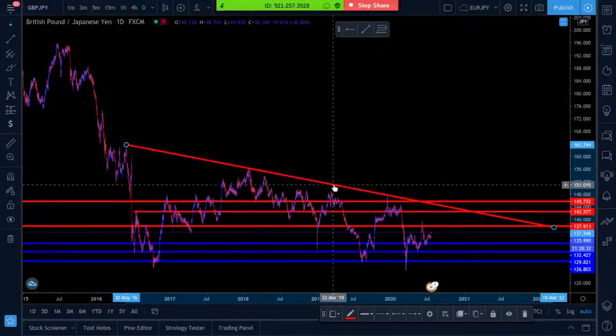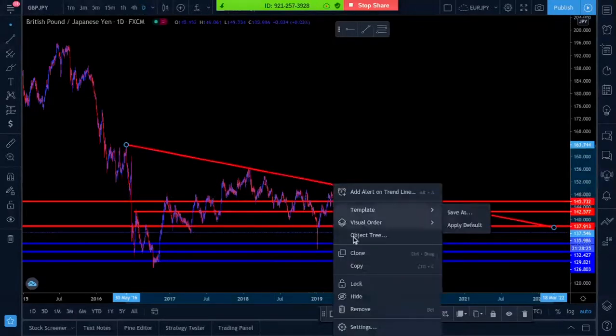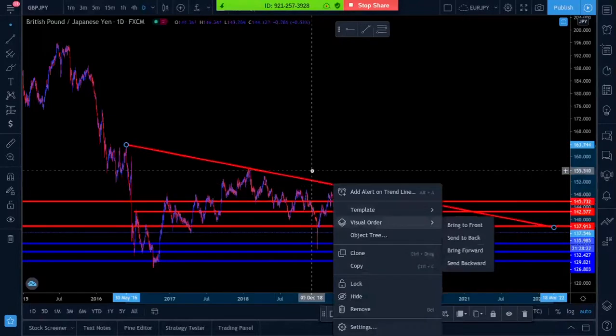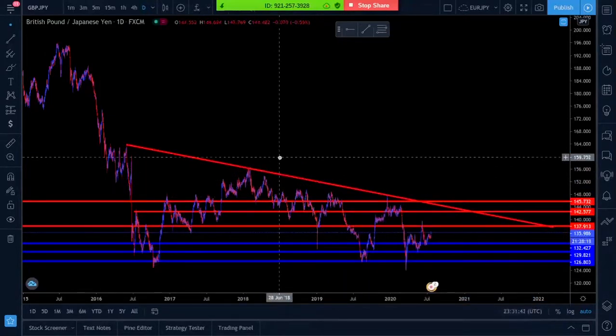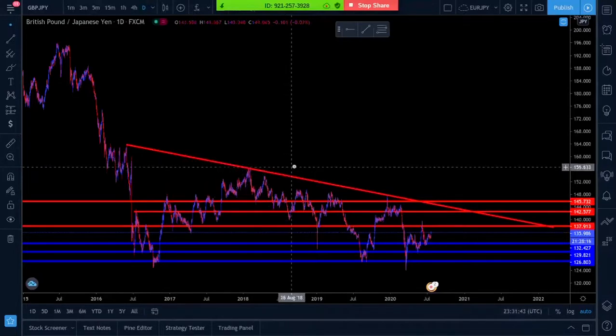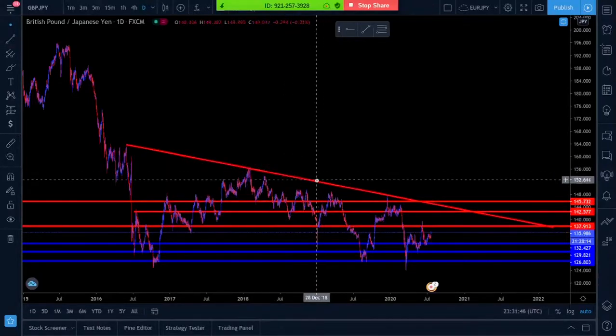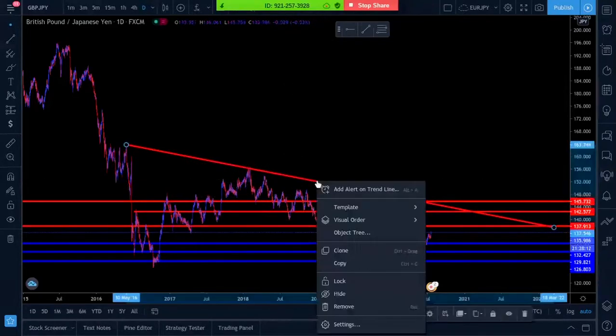And what I usually also like to do, I don't draw three resistances, but I do like drawing another resistance, either right above it or right below it, wherever it makes more sense. If I draw one above it, it's not going to make sense. So what I do, for example, right click or double click on your keypad or your mouse, whichever you use, and this option,